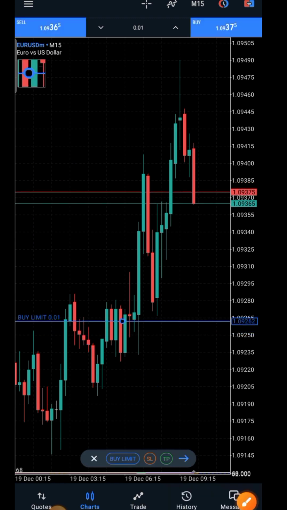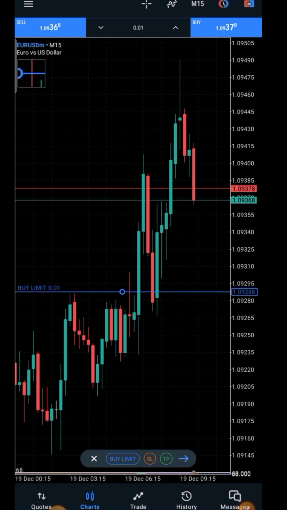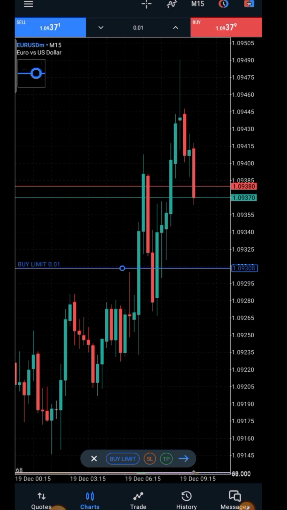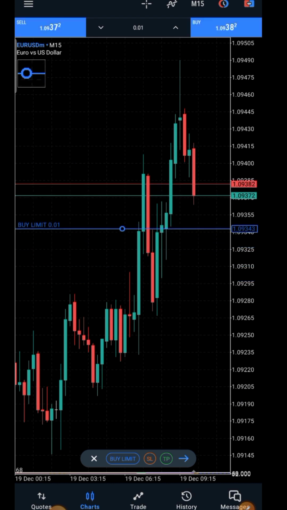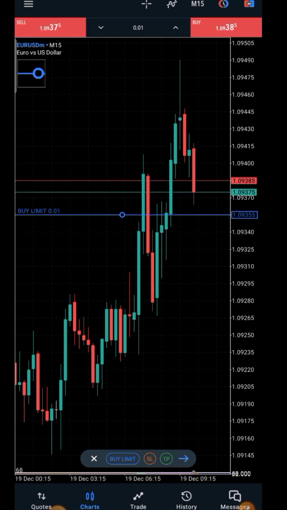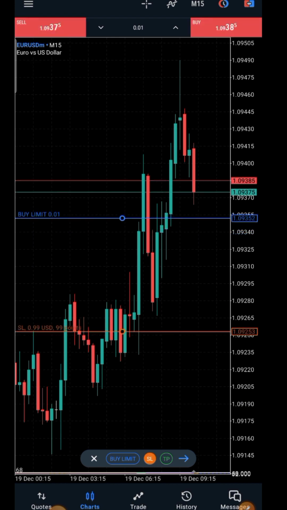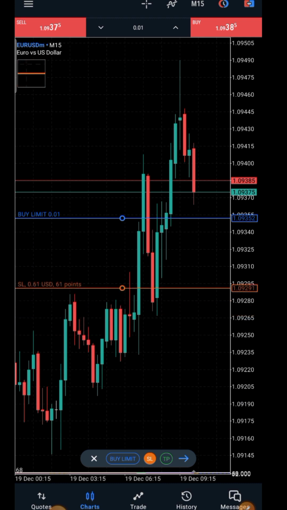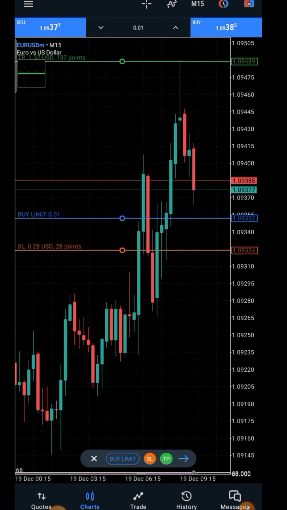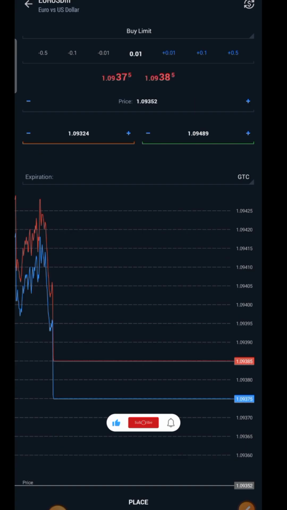If you want to do a buy limit order, that means you are telling the market that when the market gets to this particular spot, it should buy. So now if I set this here and I click on my stop loss and set my stop loss here because I'm buying, and I will take my profit somewhere here. Now I click here, and if I click place, you can see,